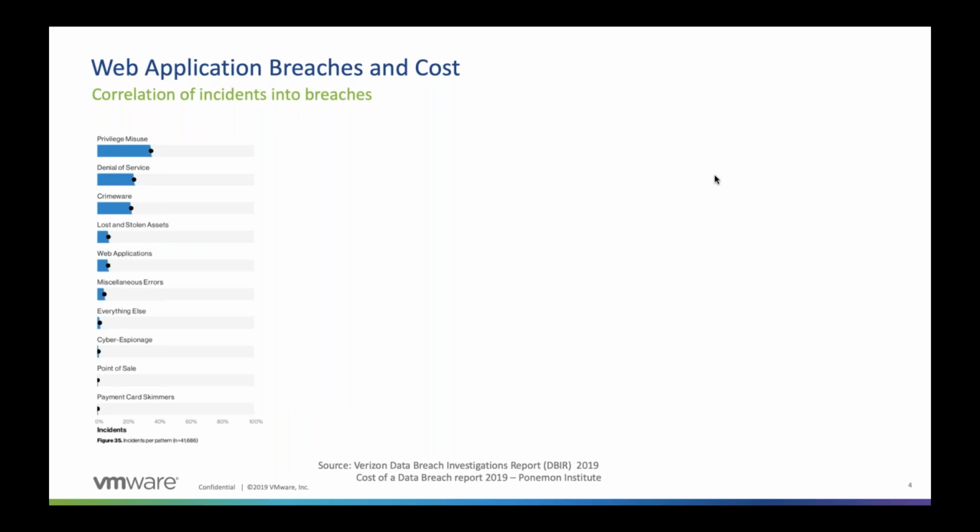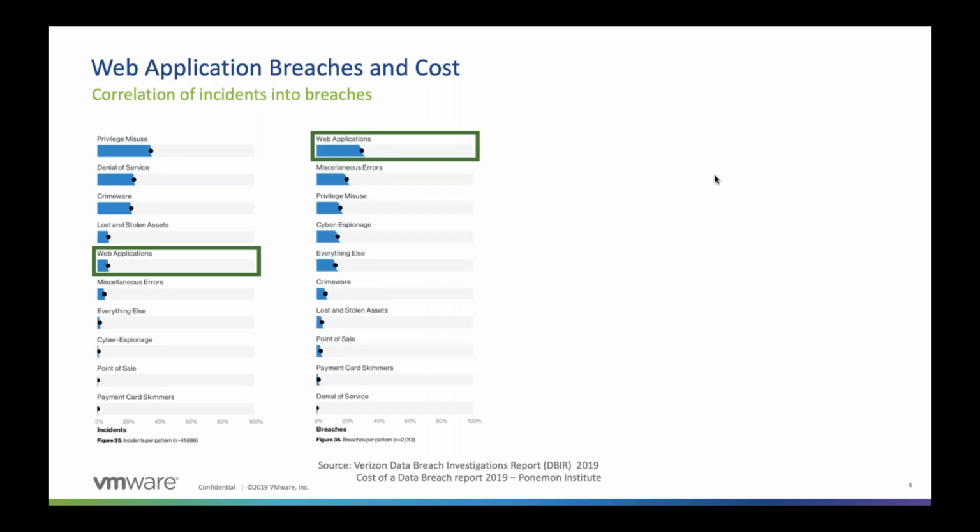As you can see, there is a very high number of incidents tracked here, nearly 42,000. These range from denial of service attacks to payment card scammers, so everything in between is there. Today, we are talking about web applications, and it's interesting to know that web applications are responsible for only about 10% of all these incidents. When we look a little bit further, we see that when it comes to actual breaches, web applications claim the top spot with about 35%.